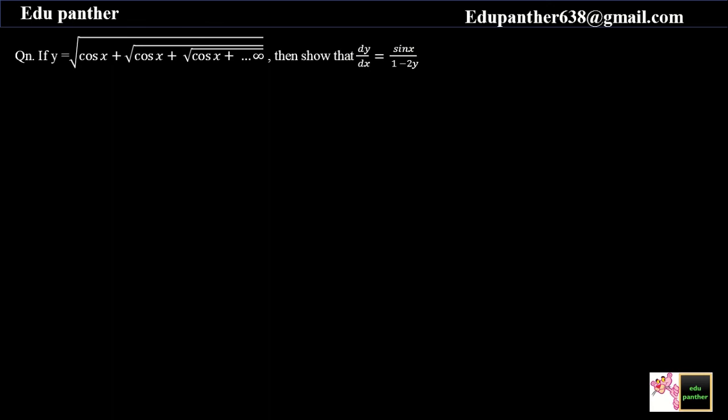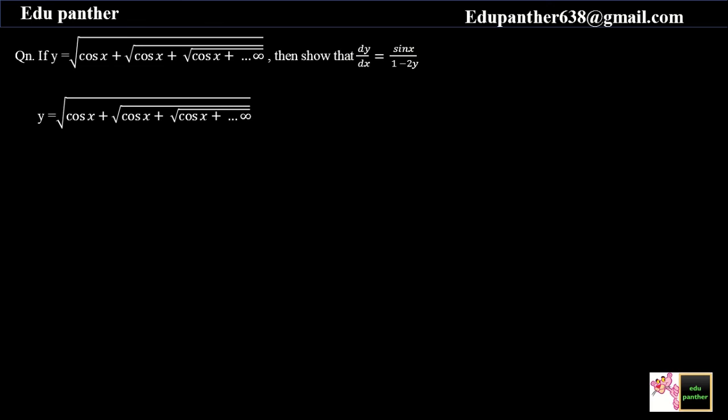So what will be our first step? We'll write the question. So the question is y is equal to square root of cos x plus square root of cos x plus square root of cos x plus. Now again, pause your video here for some time and try to see any pattern. Can you see any pattern in this question? See, outside we have root of cos x plus, and the same term is there inside also: square root of cos x plus square root of cos x, infinite number of times.